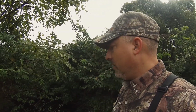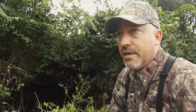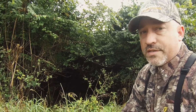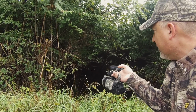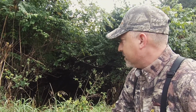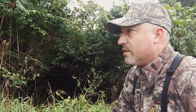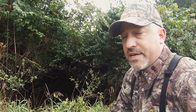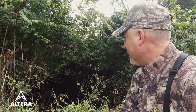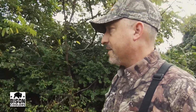when you're looking and you're scouting an area for deer, one of the things you want to try to do is get down at the deer's level, because we're a lot taller than a deer, so you want to see what they're seeing. And if you take a look in there, for us to walk through there, it's kind of tough. But for a deer, it's really simple, and it's dark and it's cool, so that's why they're going to stay into that thick area. And here's a good opening where they might come up out of and head into this tall grass and just bed down. So these are things that you want to look for when you're scouting new areas, especially public land,